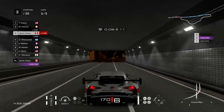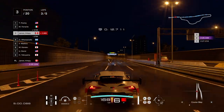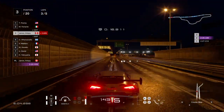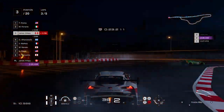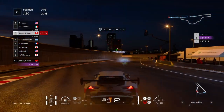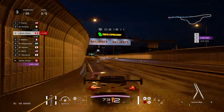So there's about a 3-second gap to the car in front of us, and then there's another 3 seconds in front of him to the car in the lead at the moment. So we're going to brake even earlier this time, just try not to overcook it. This car is taking a long time to stop. So there's a Lamborghini in P2. We crawl around the hairpin there, and then we straighten the car up,